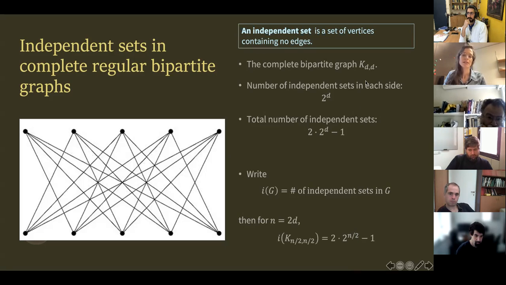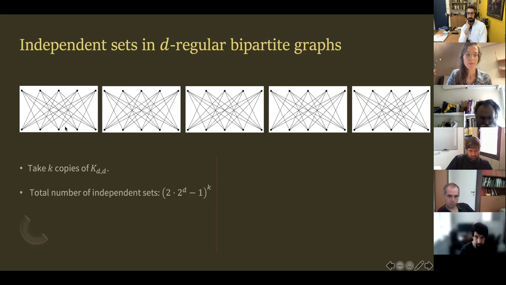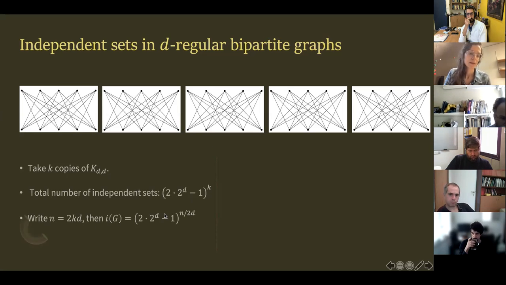Now let's move to the next simple example. Instead of one copy of the complete bipartite graph, I want to take several disjoint copies of this complete bipartite graph and count the number of independent sets here. Of course, there is no interaction between these parts, so no edges between them. So it just means that the total number of independent sets will be the total number in one of them, to the power of k, if we have k copies. So this was also easy to calculate, and we want to write it once again in terms of the total number of vertices